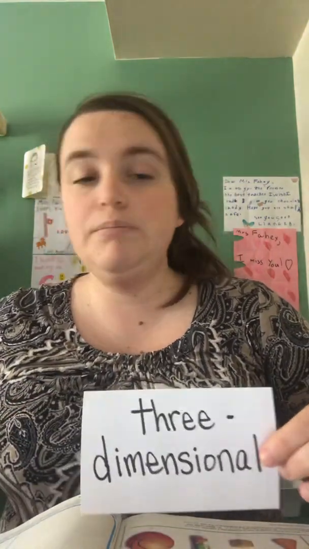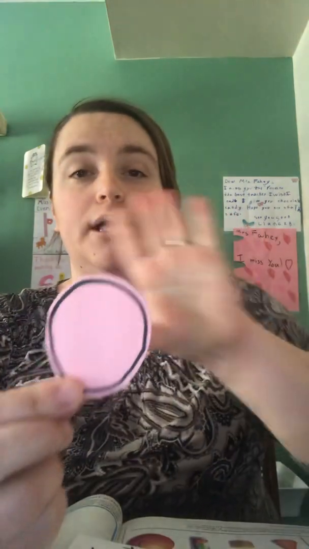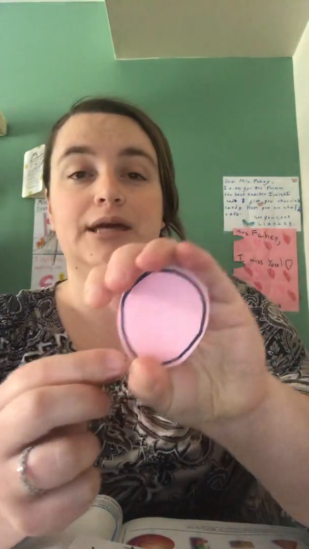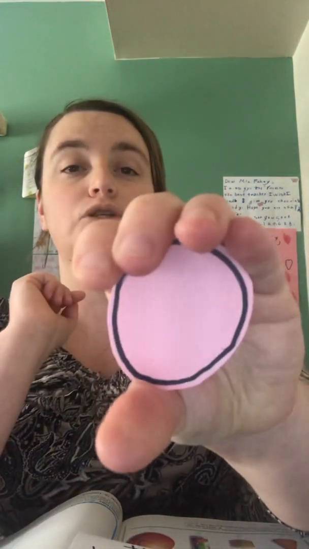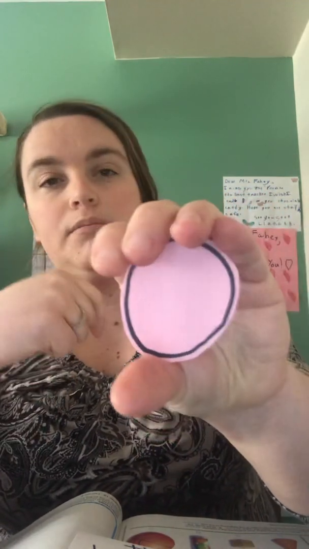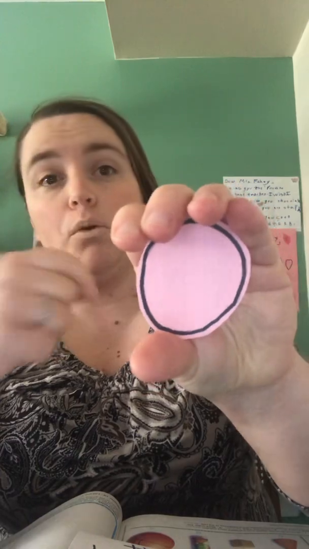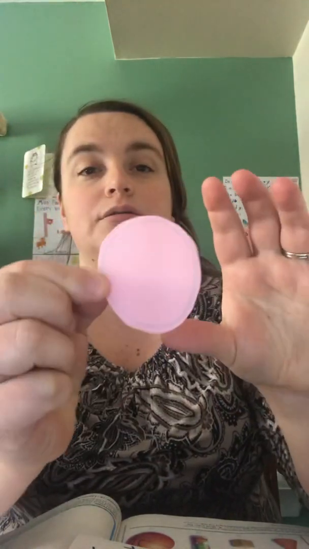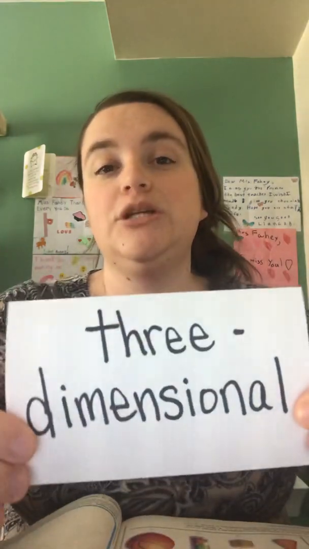Okay, so let's look at another 3-dimensional shape. Another 3-dimensional shape would be a sphere. If you take a ball and you hold the ball in your hand and you show that ball to a friend, can your friend see the back of the ball? No, you would have to turn it around, right? Another three-dimensional shape